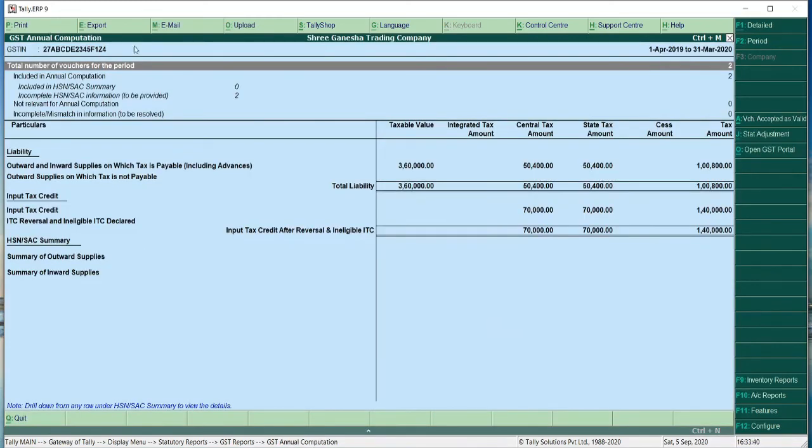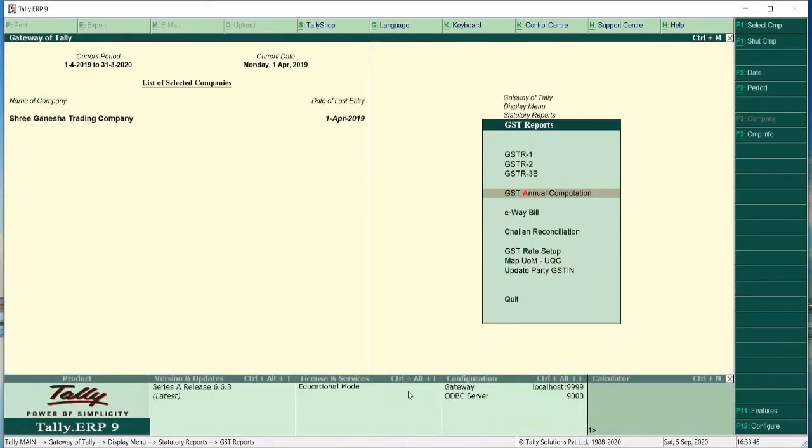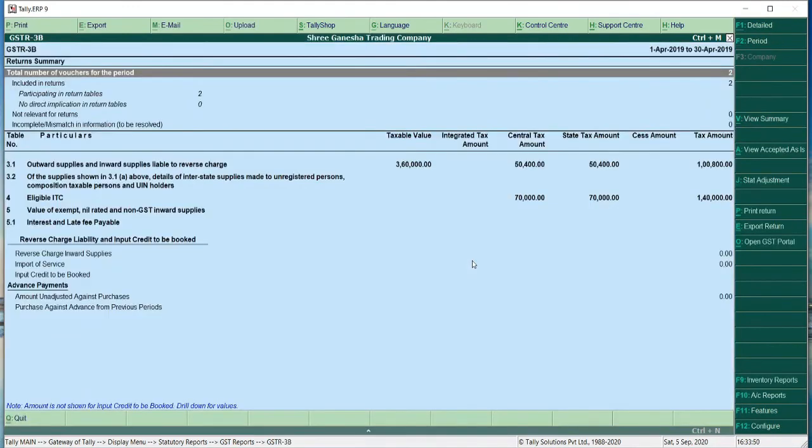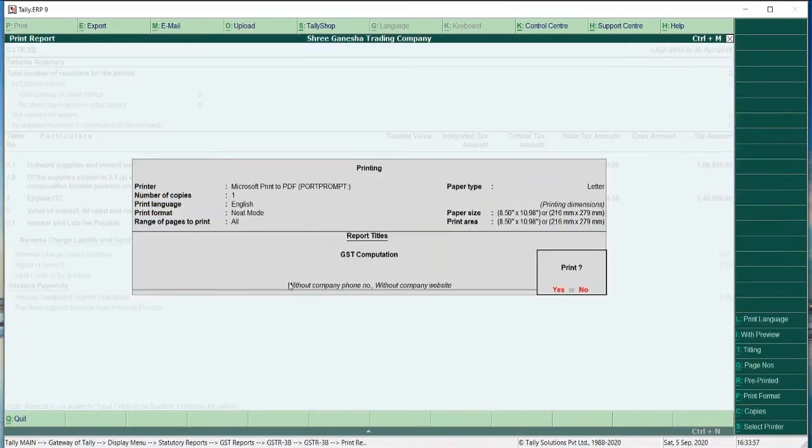Here you can see GST annual computation report. And this is GST 3B report, which can also be printed by pressing Alt P. Here I don't have printer attached, so the copy will be saved in the PDF format.